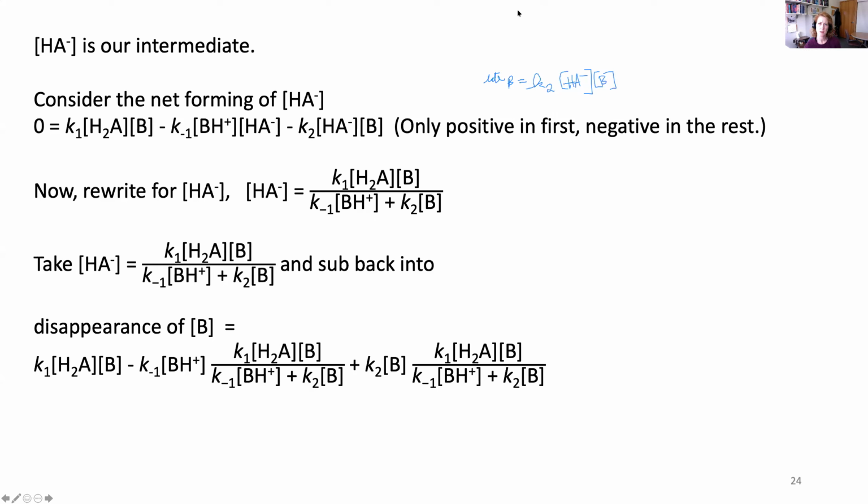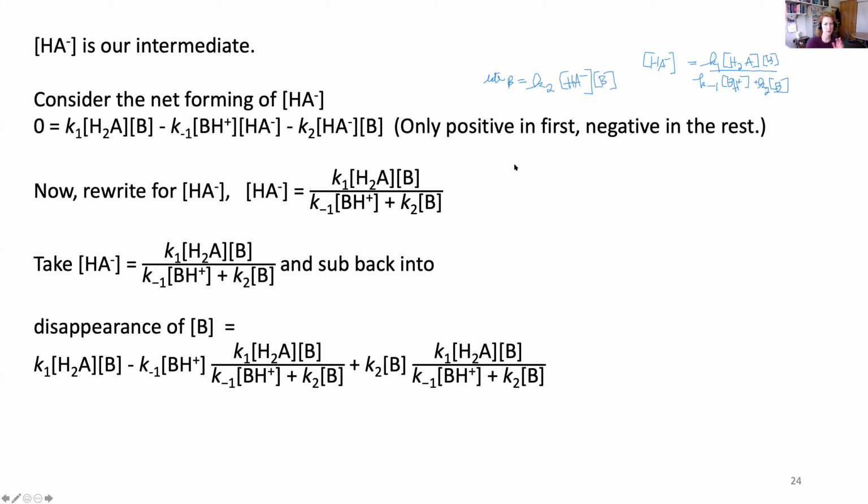Hold on, I just think they're making this more complicated than they need to. So here's HA minus equals K1 H2A B over K minus 1 BH plus K2 B. Okay, so when they go through all the rest of their math, which we'll look at real quick,